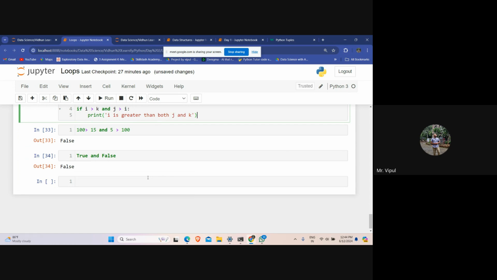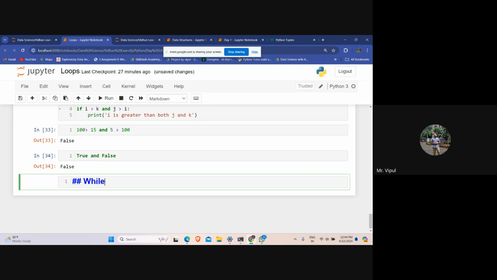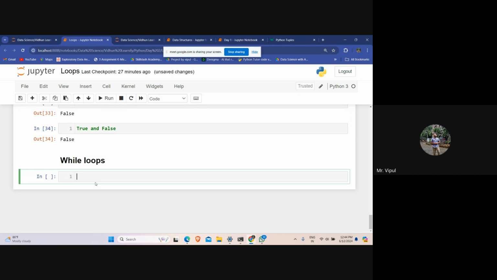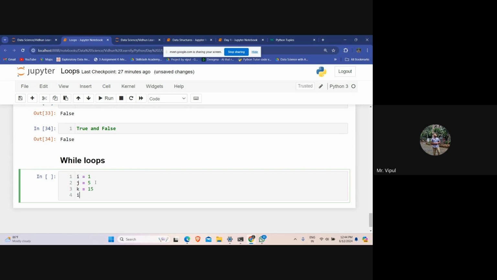Now let us go with the while loop, the third loop that we have. i is equal to 1, j is equal to 5, and k is equal to 50.